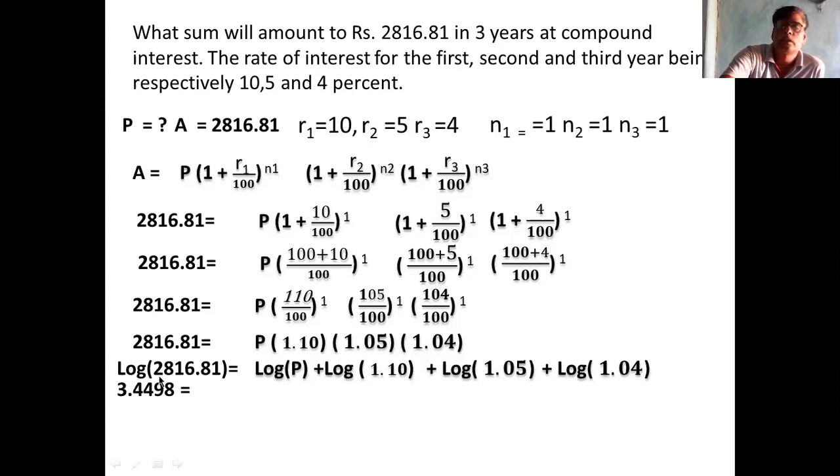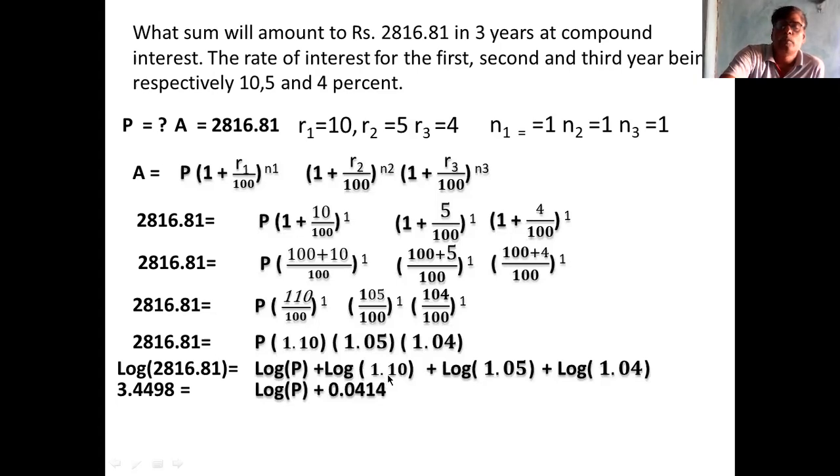The first 4 digits are covered in the logarithm table. Therefore, you take this number as 2817, not 2816. 2817 you take and see in the logarithm table. Yes, it is correct. So log of 2816.81 is equal to log P plus log